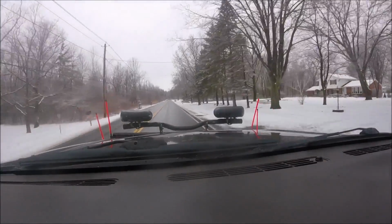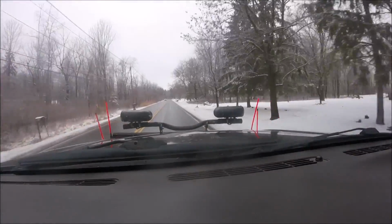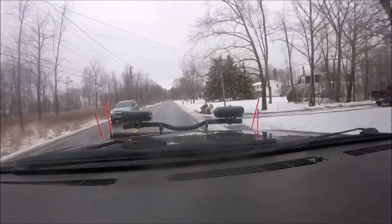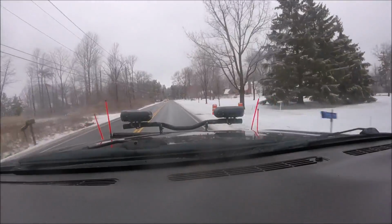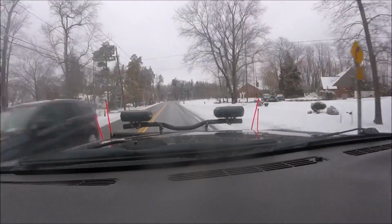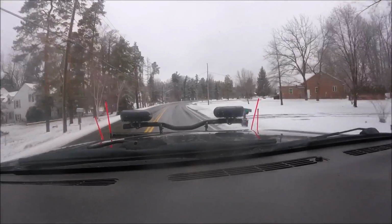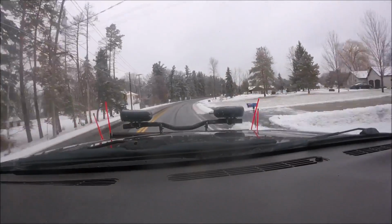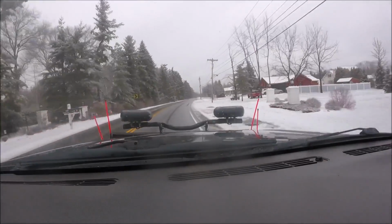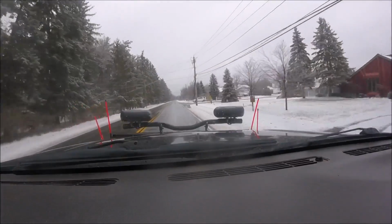So that's something I'm definitely going to have to consider and take into account, that may be an issue. I'm going to have to watch running the bulk salt through there instead of filling that hopper up all the way, since I didn't use that much of it to do them lots. I used far less than I thought I would. I'm either going to have to put in just enough that I know I can get through my lots, maybe with a slight bit extra, and then I'll just burst it at the end to dump out that hopper,